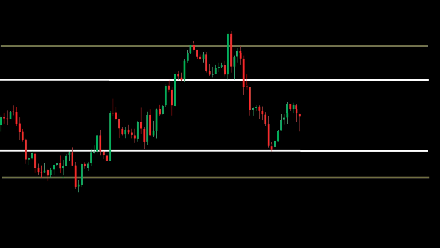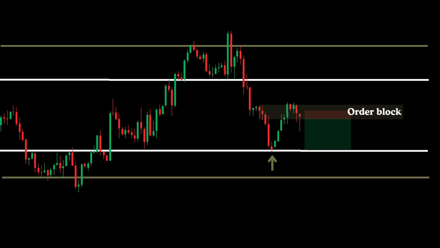Now let's jump into the 4-hour time frame. The market currently shows a bearish bias after reacting to the daily level, followed by a deep retracement into the order block zone. At this point, we have two possible scenarios. Bearish scenario: if lower time frame price action confirms bearish signals within the order block zone, we can consider short positions. In this case, our primary target would be the nearby daily level, and the secondary target would be the